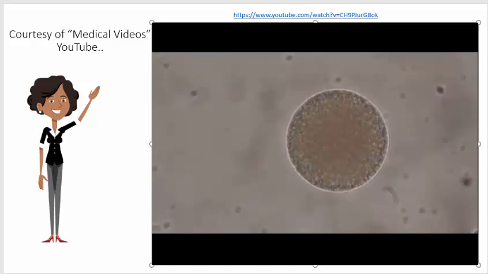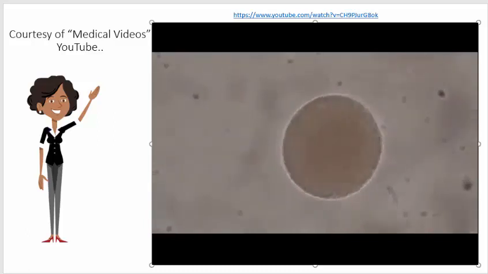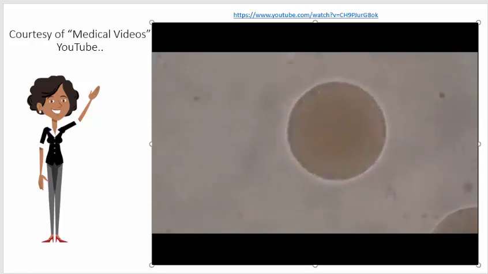This video is showing in vitro fertilization, which is a technique in which eggs, or ova, are placed in a petri dish and then exposed to spermatozoa. Notice here that the spermatozoa surround the egg and basically have to fight their way in. The egg has a protective layer that inhibits the sperm from directly being able to fertilize it.